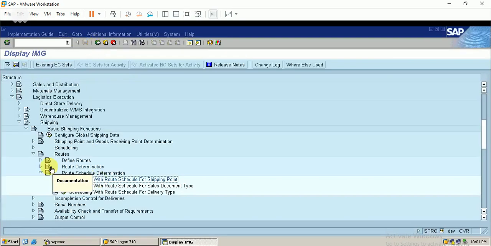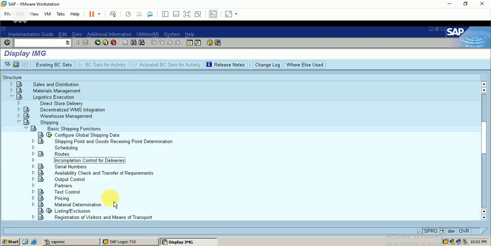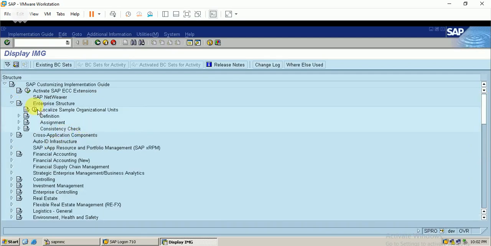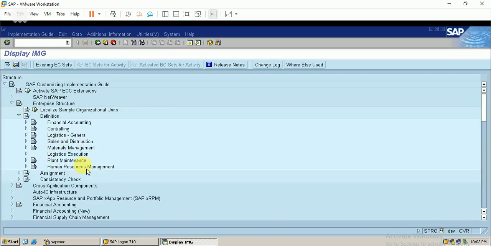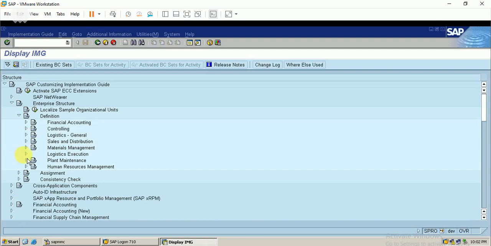And the next thing is, I have missed a transportation planning point that I can configure in our enterprise structure itself. So I have created a new one. I will show you in logistics general. Not in logistics general, it is in logistics execution.